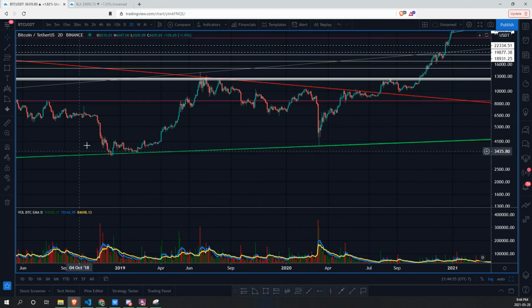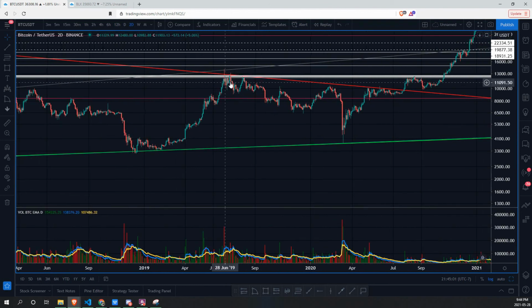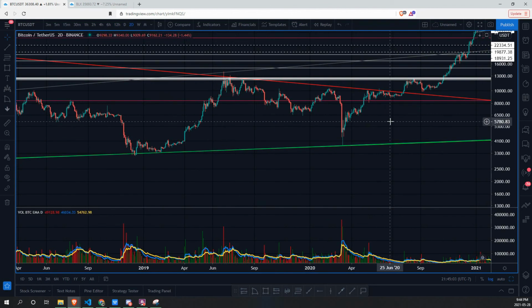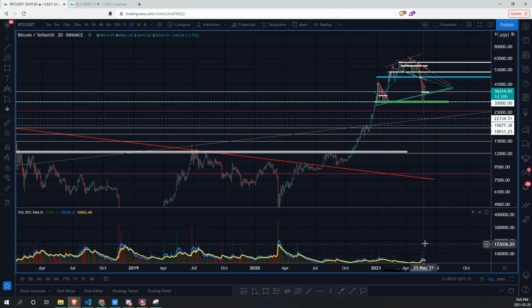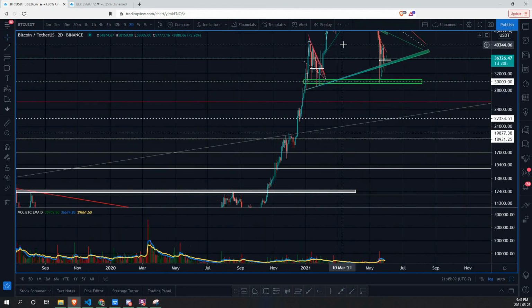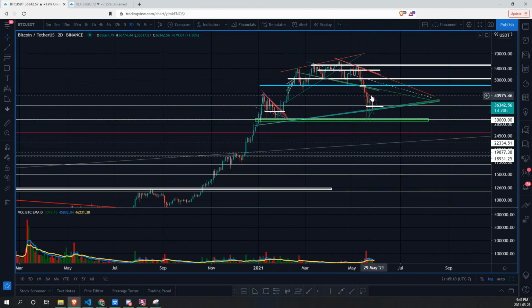Nice little move to the downside. Massive extreme volume and massive extreme volume. This one was in the middle of a bear market. This was in mid-range. You have to understand the market cycles. But this is a capitulation phase where, in my opinion, we're going to get a potential bottoming, a symmetrical triangle, and a continuation to the upside.